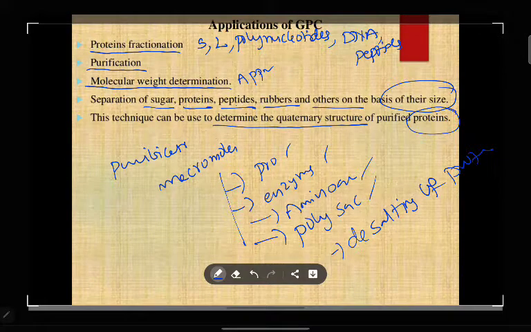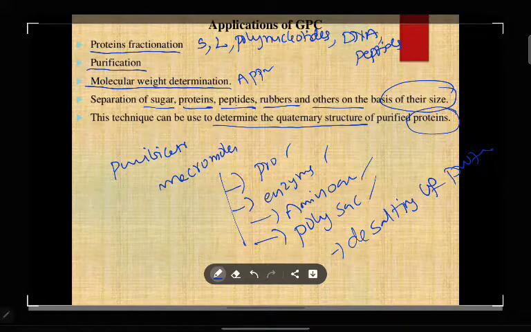Here we are taking a column, and that column is made of either glass or stainless steel. Inside the column we are filling our gel. Why are we filling gel? Because we are using gel permeation or gel chromatography. That's why we have to fill a porous matrix type of gel.